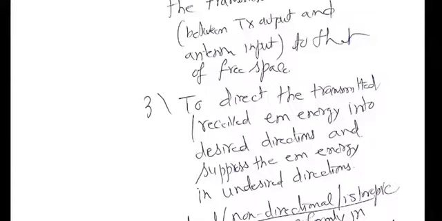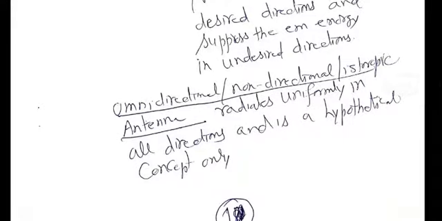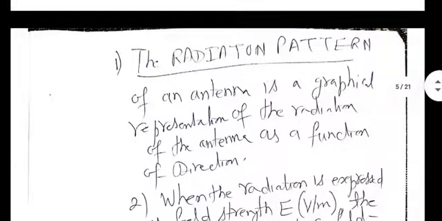The antenna can be made to radiate in certain directions and can be made to radiate almost nothing in other directions. It all depends on the antenna nature, how you designed it, etc. It's a directional behavior that is seen. Now, an omnidirectional antenna or isotropic antenna is something we know already as one which radiates uniformly in all theta phi directions. It's a hypothetical concept, but very valid for comparison purposes with real life antennas.